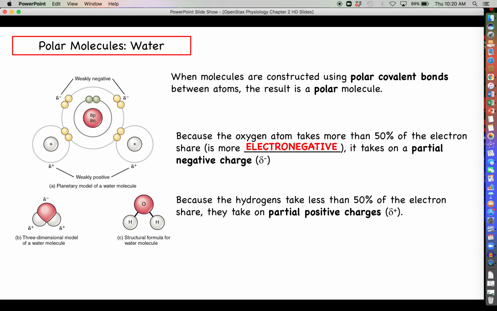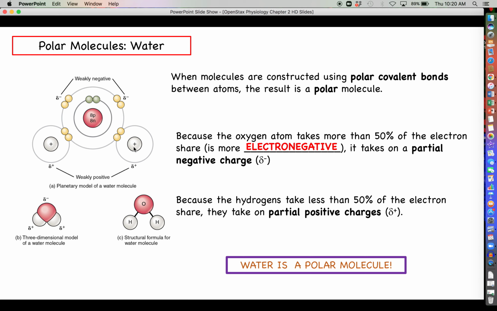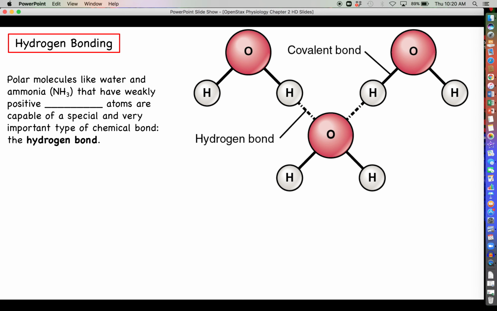So in a water molecule, which, as we say, is the best example of a polar molecule, the oxygen is going to take on a very slightly partially negative charge because of all the electrons that are being drawn in towards the oxygen, and the hydrogen atoms are going to get less share of electrons, and they're going to be partially positive. So if all of that sounded like gobbledygook, if you remember nothing else, just please remember that water is a polar molecule. That's going to become exquisitely important as the semester wears on.